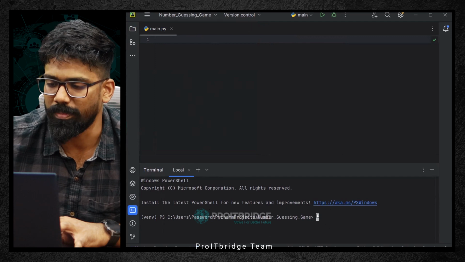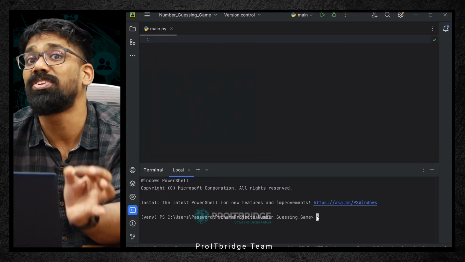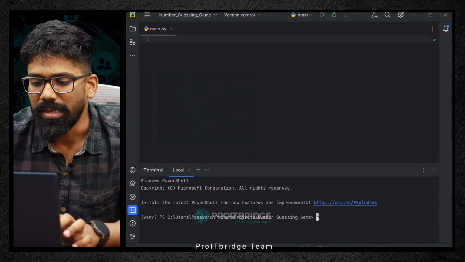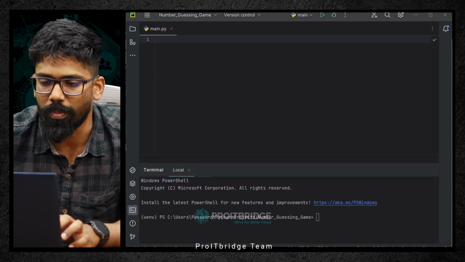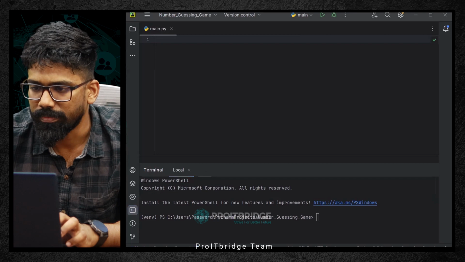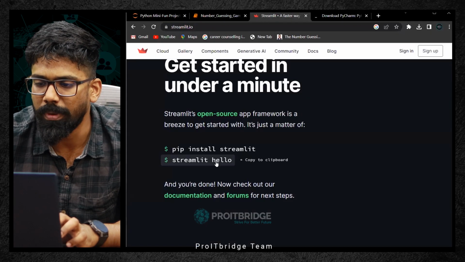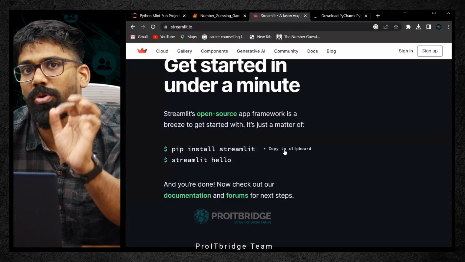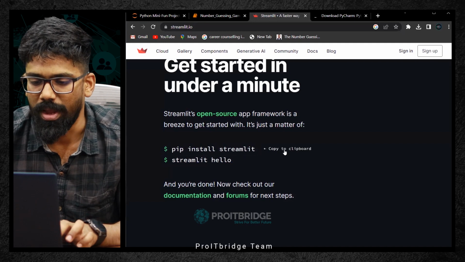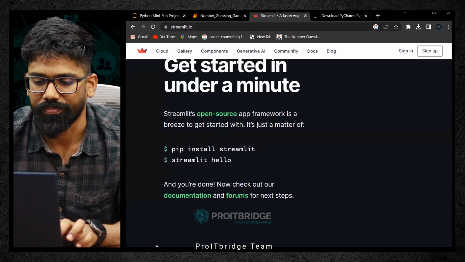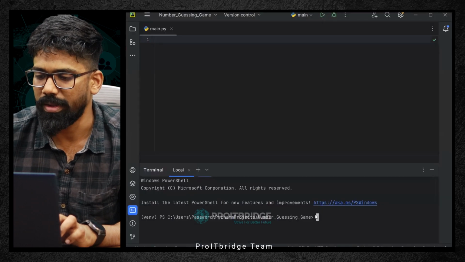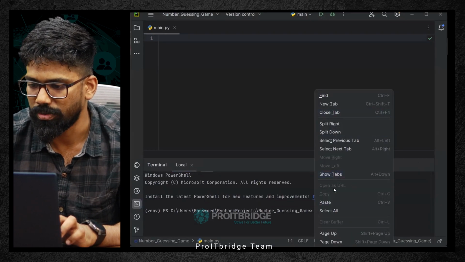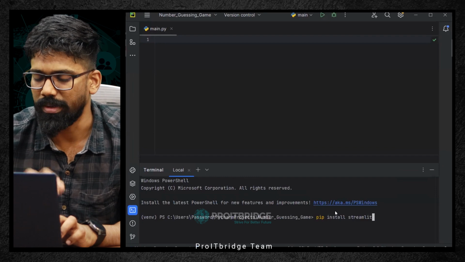In this particular Python terminal, I wanted to install Streamlit. If we see the Streamlit documentation, it asks us to run pip install streamlit. I'm going to copy it, and then go back to PyCharm, right click, paste, and enter.